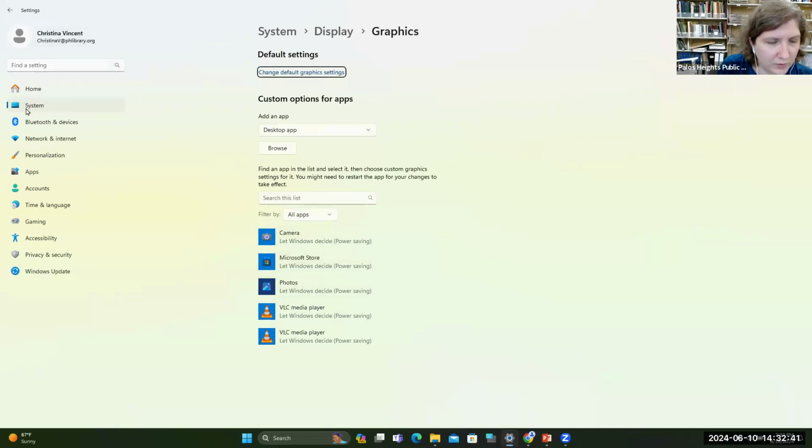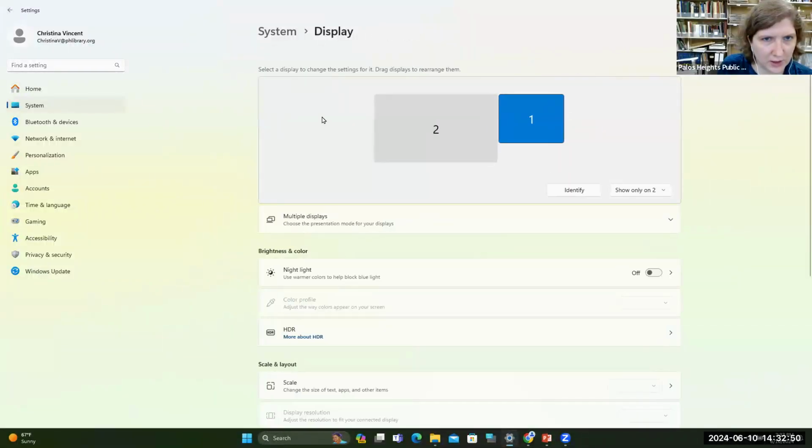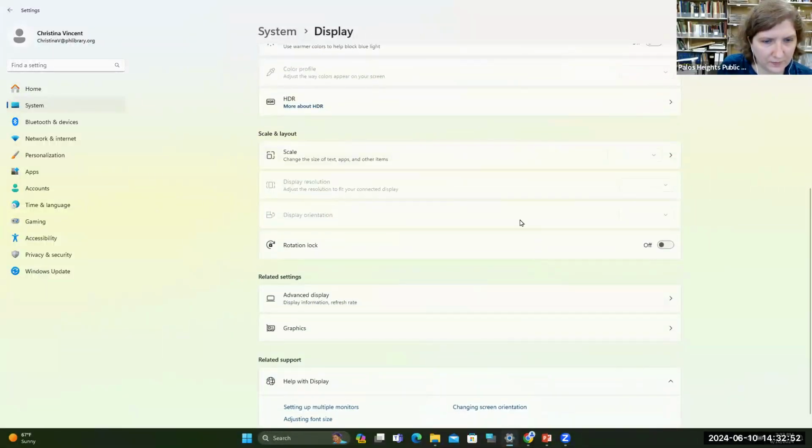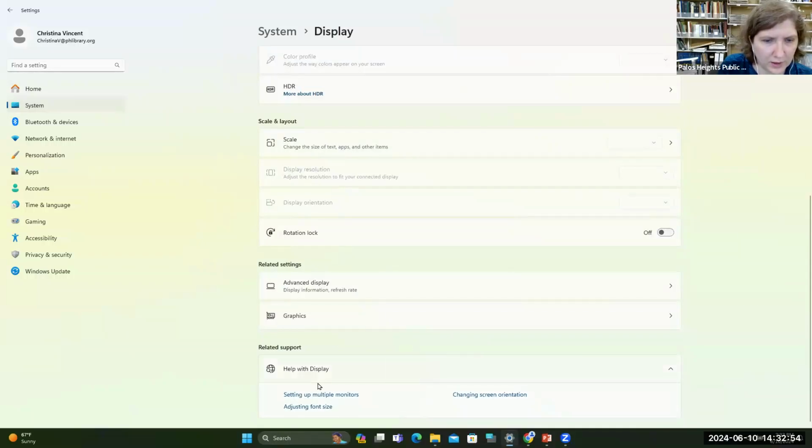And then again, if you want to go back a page in settings, there is this arrow in the very upper left here. Just click it once and it'll take you to the previous page. And here at the bottom is more tech support for display that will take you to Windows help online, and you can search for any other problems you're having.